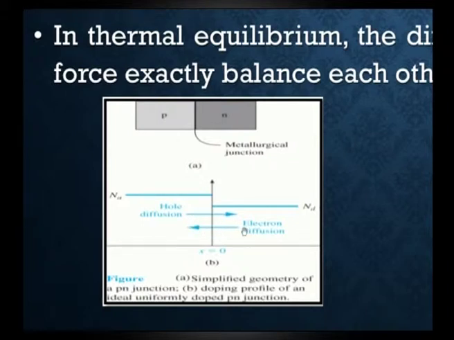So, electrons, we already know, diffuse from the N region to the P region and holes diffuse from the P region to the N region. This is where the distance x is equal to 0. This x represents the barrier width. Before the formation of the barrier, it is like this, the diffusion takes place. This is Na and this is ND. The acceptor concentration Na, considered here throughout the derivation, will be higher compared to ND, that is, the donor concentration is lesser and the acceptor concentration is higher.